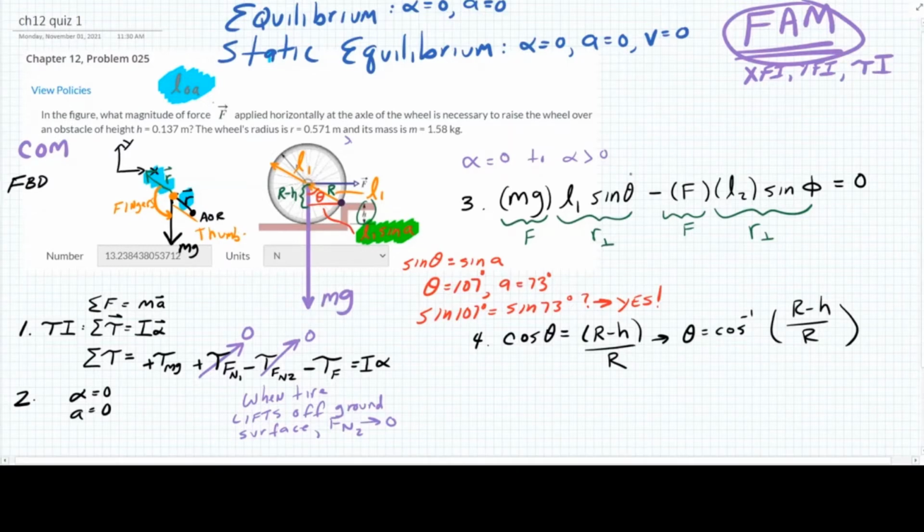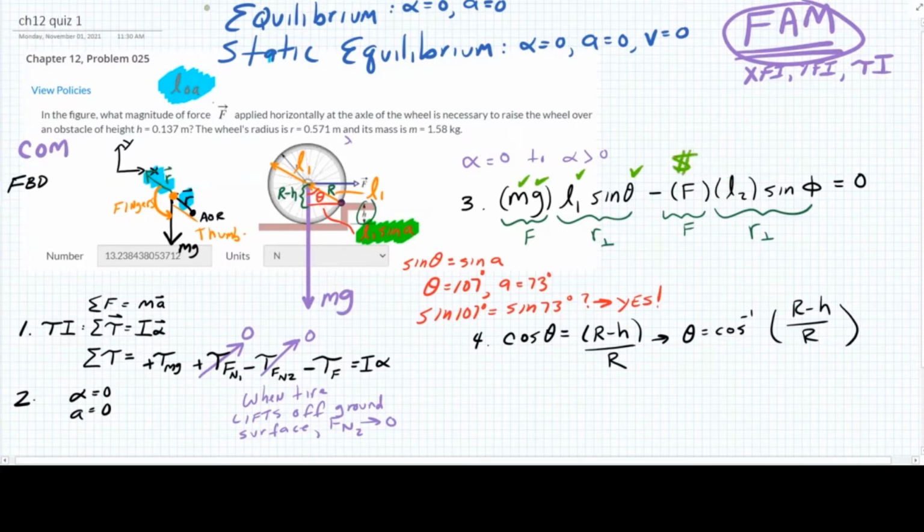Feeling good about theta. I know L1 is the same as R, and I know mg because I know the mass and I know gravity. So I know all of those things. And here's my dollar sign. So now let's turn attention to